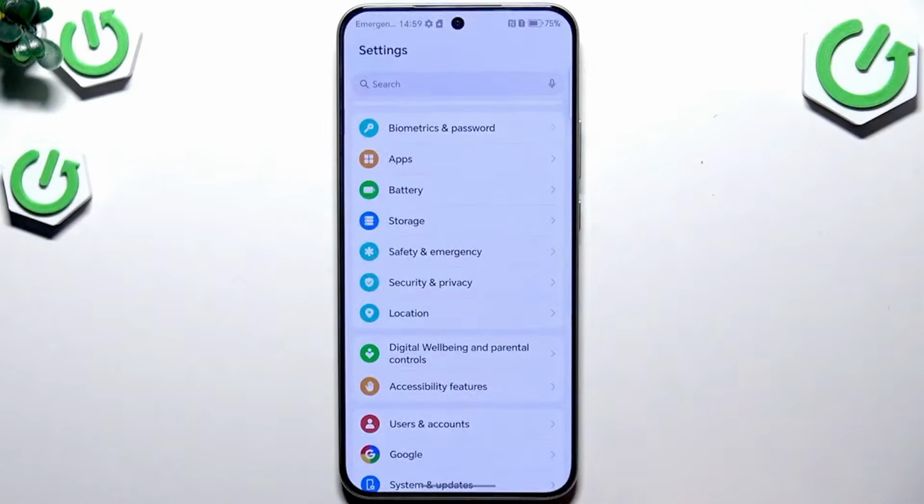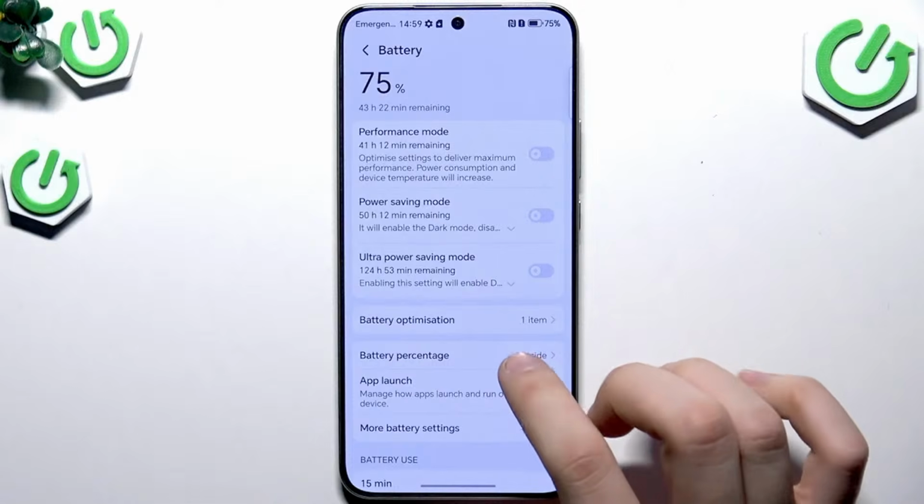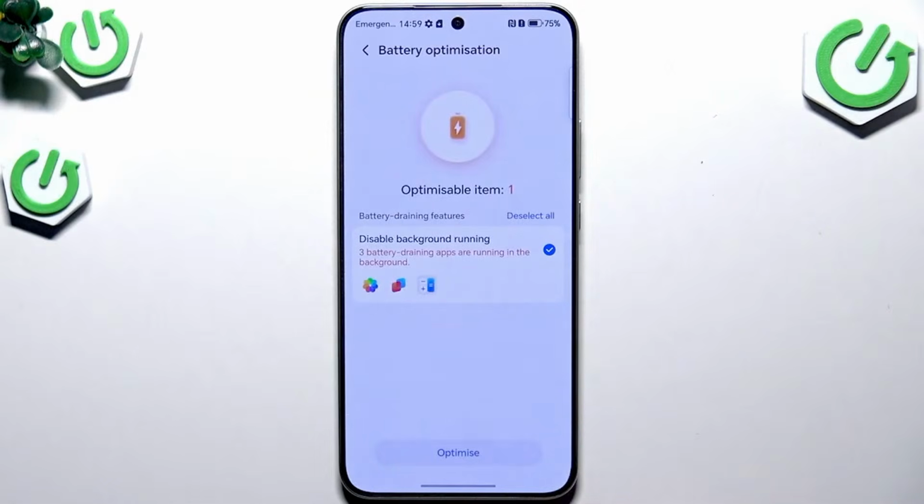Here, now. Let's go to the settings. Let's go to the battery. And this is the next thing. If you tap battery optimization, you will see battery draining features and optimizable item 1. If you tap optimize, you will optimize all the settings in your device and all the issues in your device